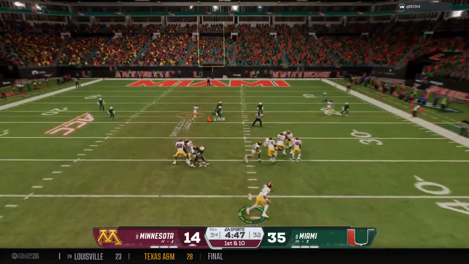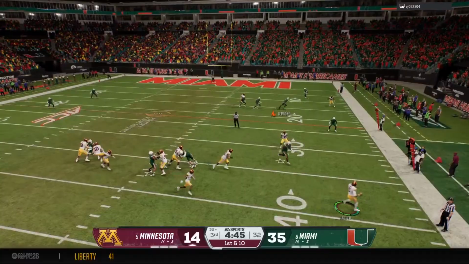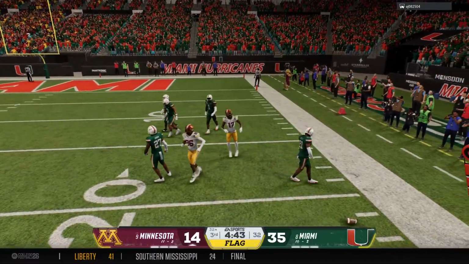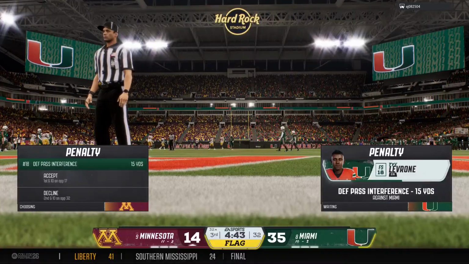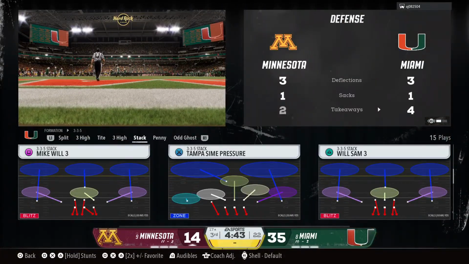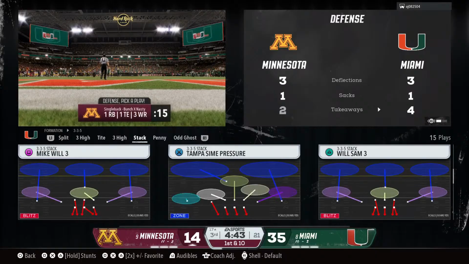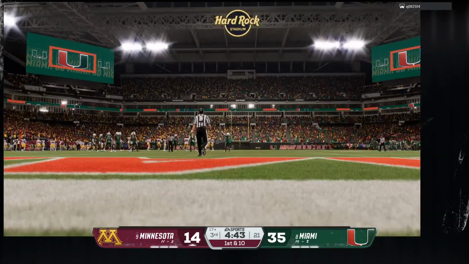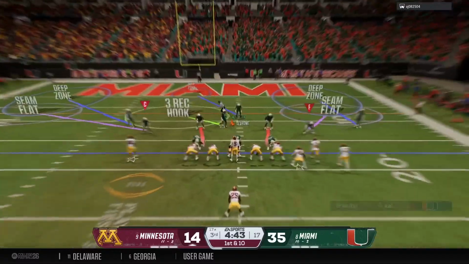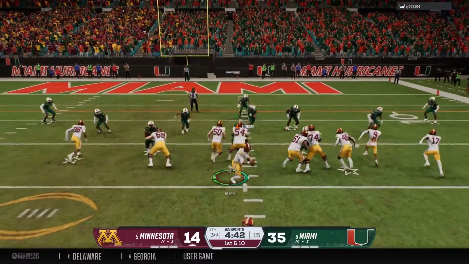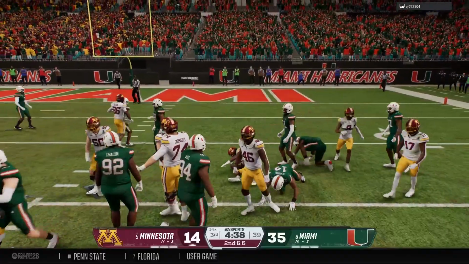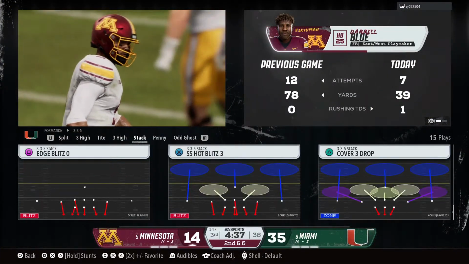Off the play fake, looking to throw. On the move now, fires it to the wideout. The pass is incomplete. A lot of contact on the play, and here comes a late flag. The head coach will decide to accept the penalty and take the yardage. Off the penalty, the offense will now set up in the red zone with a first down. Using his legs, it's Blue, and the senior is able to make the stop after a short gain.